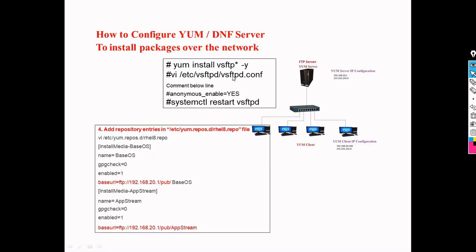With that, we are configured with the FTP server. These are all the changes to be done in the centralized Yum server, and these are the changes to be done in all the client machines. From now on, all these client machines will be fetching the packages from the Yum server.